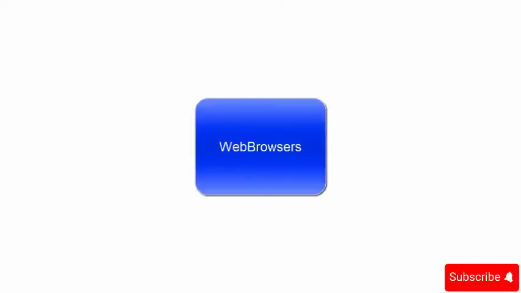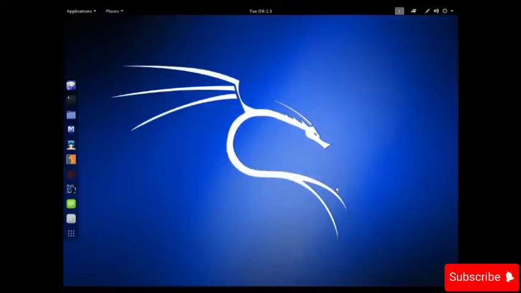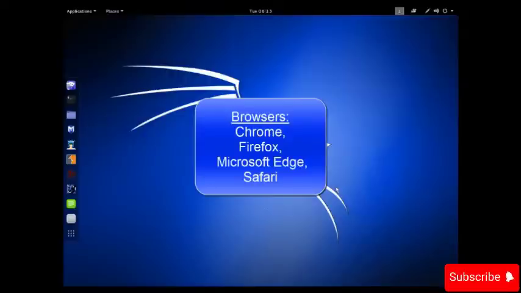Third is web browsers. Web browsers are software applications that allow users to access and view websites on the World Wide Web. They interpret and display HTML documents, enabling users to navigate through web pages, follow hyperlinks, and interact with web-based content. Examples are Google Chrome, Mozilla Firefox, etc. In this video, you will understand the working of browsers. So browsers track the websites we visit, and then later this information can be used as evidence in court cases.